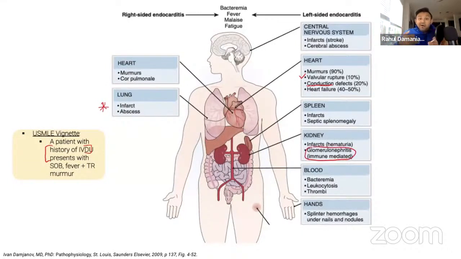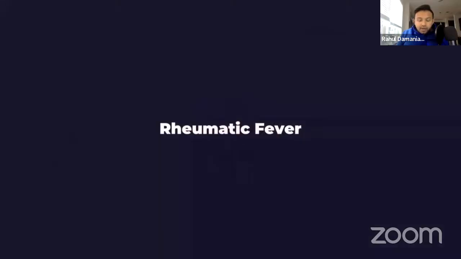So think about how there's a vegetation on your mitral valve, and bam, that's going to go everywhere in your body and cause you to have bacteremia, leukocytosis or inflammation, and then those splinter hemorrhages, which we talked about as well. So the last portion of what we will be talking about today is going to be rheumatic fever. And this is kind of parallel to infective endocarditis, and I'll get there. But last section of the day, guys, stick with me.